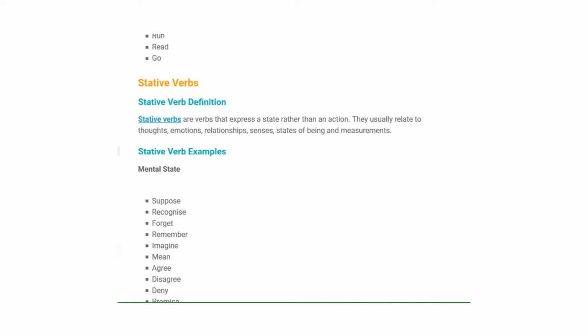And the opposite is stative verbs. Stative verbs are verbs that express a state rather than an action. They usually relate to thoughts, emotions, relationships, senses, status of being, and measurements. So we have examples: